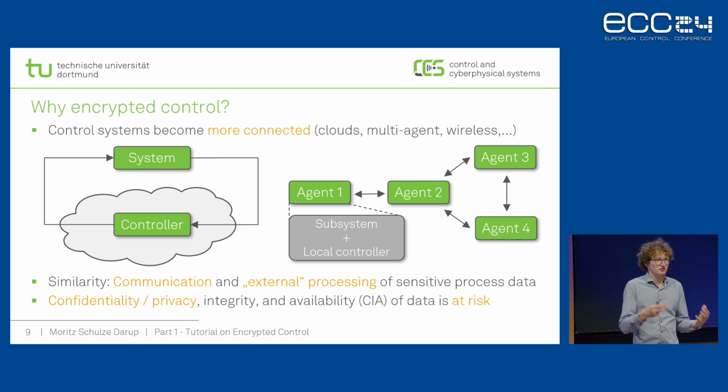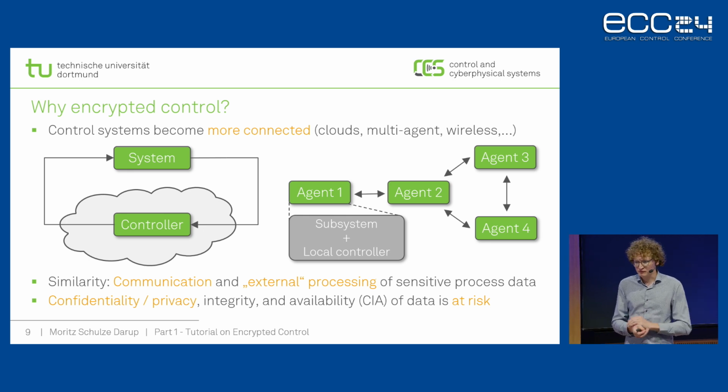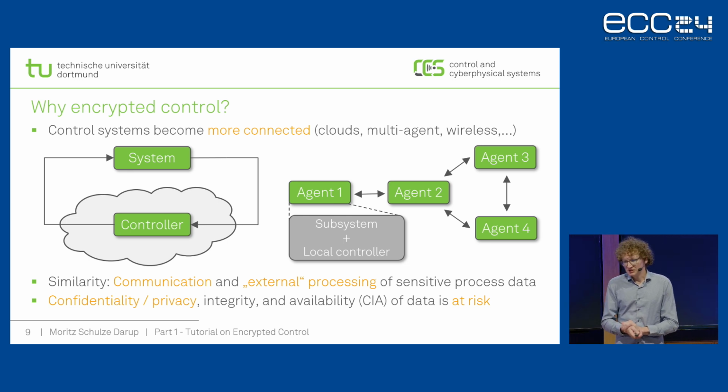Evaluating a controller is evaluating an algorithm: I do something with my data, and that happens at the external entity. That is an issue if we believe that the cloud, for instance, is curious about the data we are evaluating there. Hence, we might have confidentiality and privacy issues, but also integrity and availability might be at risk,